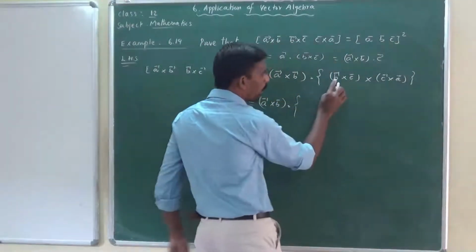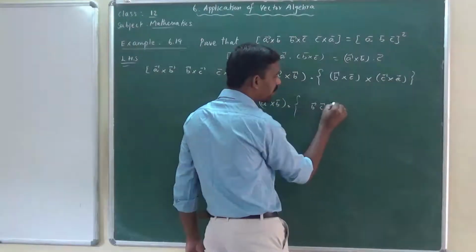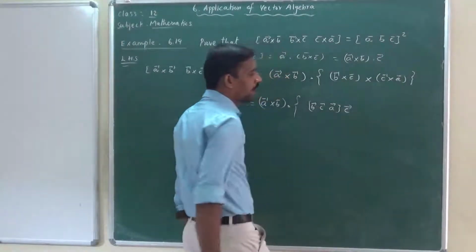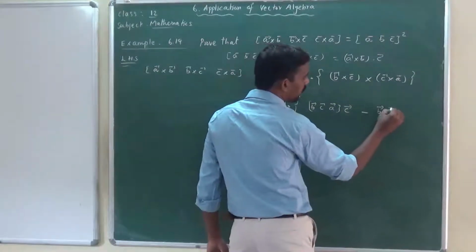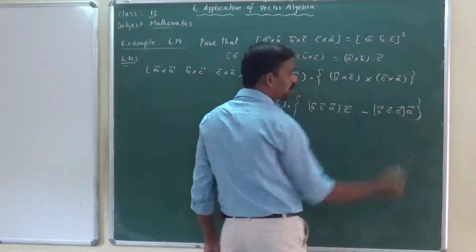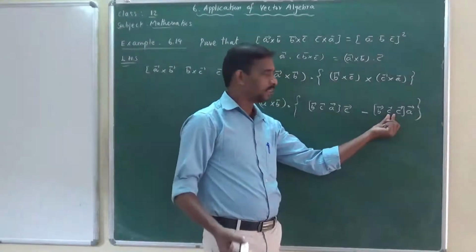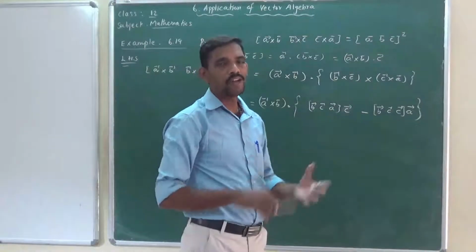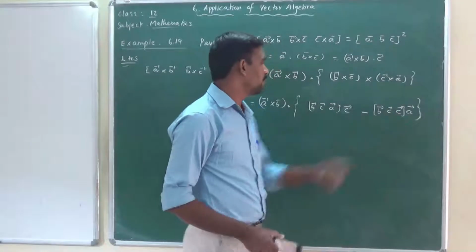Now you see, 1, 2, 4, 3. That is B vector, C vector, A vector cross product. Then outside we have C vector minus, then B vector, C vector, C vector, A vector. First three you have to apply cross product. Here there are two vectors, so two vectors are parallel, isn't it? In a determinant, if any two rows or two columns are identical, then the value of the determinant is 0. So according to the box product properties, it will be 0.